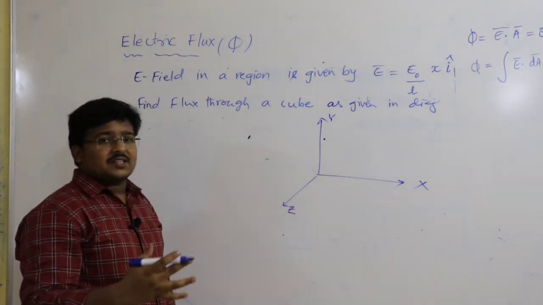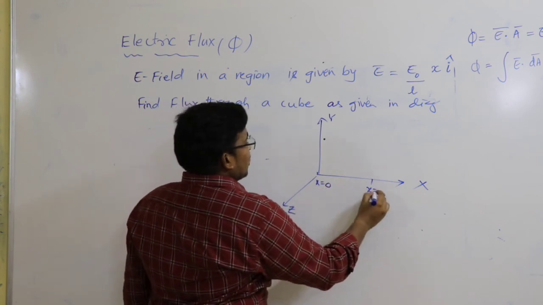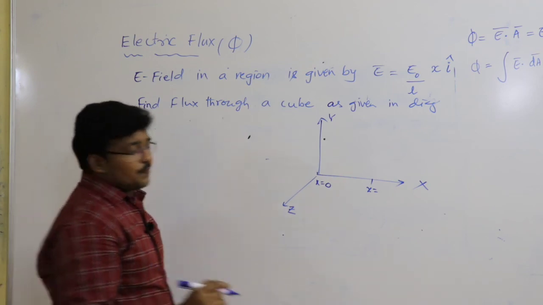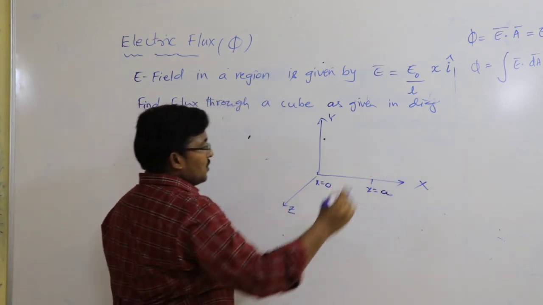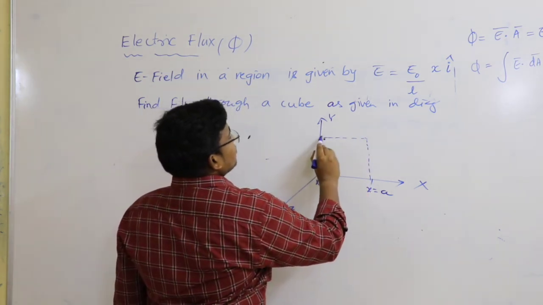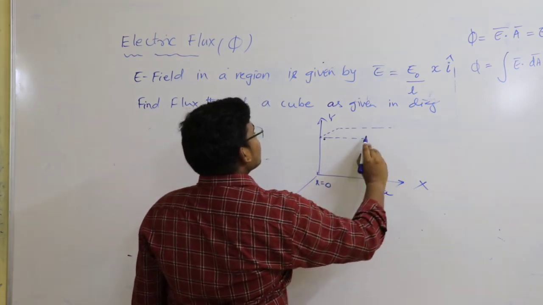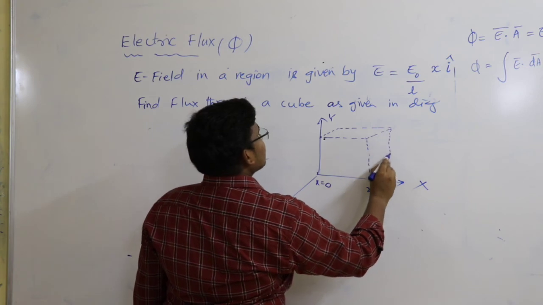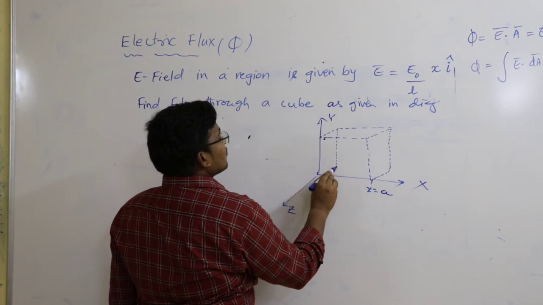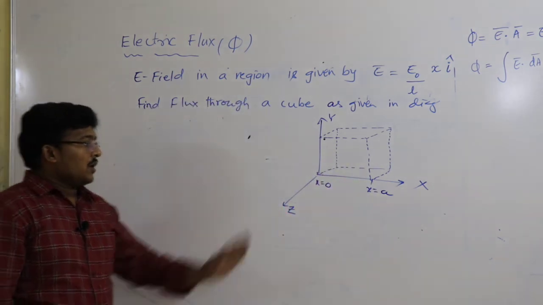So I can construct a cube by taking x equal to 0, and the cube side I am taking as some a. So x equal to a. Now I can construct a cube like this. So the x coordinates are